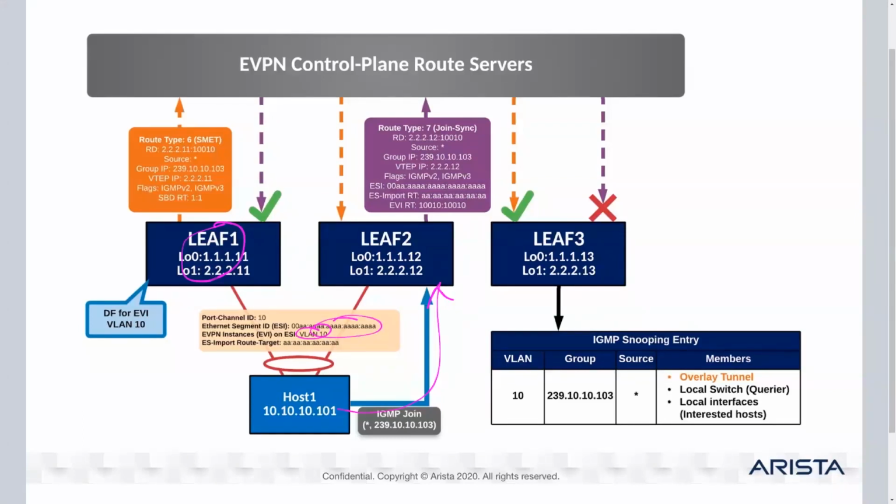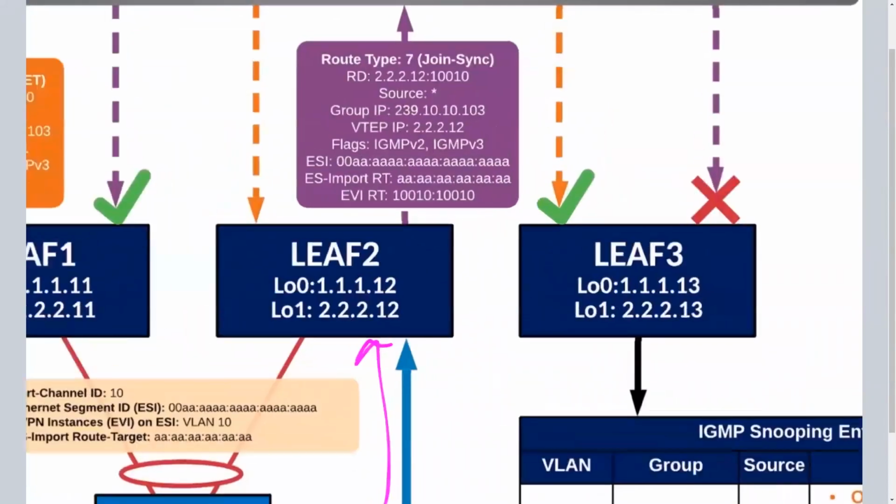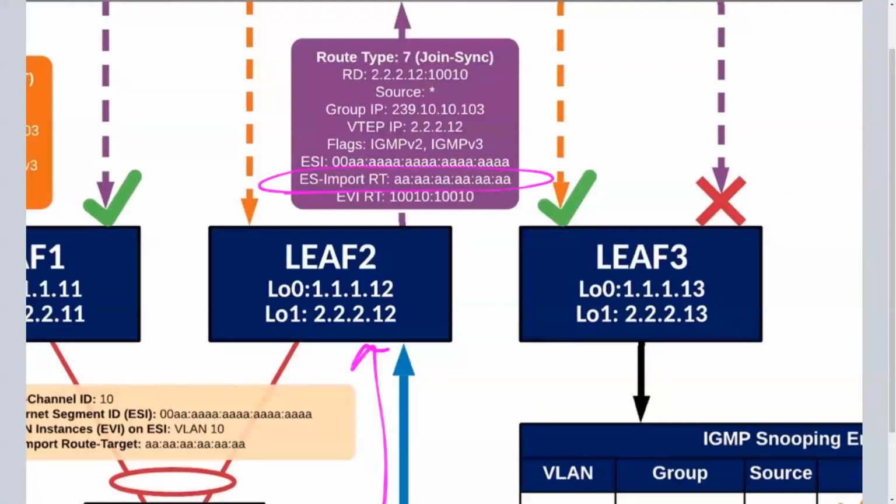So in order to solve this, we can see right here in the diagram, let's go ahead and clean this up a little bit, what happens is when that join is received by leaf 2, who we can tell is not the designated forwarder for VLAN 10 on this ESI, leaf 2 is going to originate a type 7 join sync route, which is received and then processed by leaf 1. And the reason leaf 1 is going to import and process this route is because it's going to use a familiar value